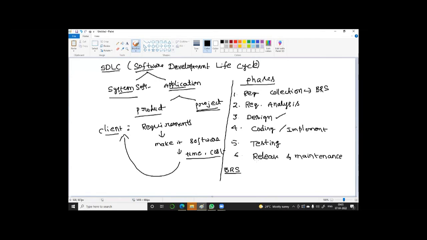We should be cautious at this stage. Otherwise, if the first phase goes wrong, that wrong will be reflected and replicated in all other steps, the second step, third step, fourth step, because it is time consuming and very damaging to both the business people and the testers and software development people. So BRS is important. Then functional